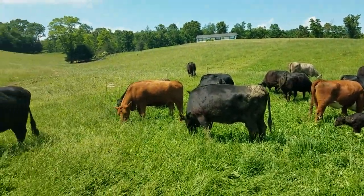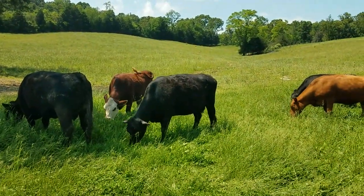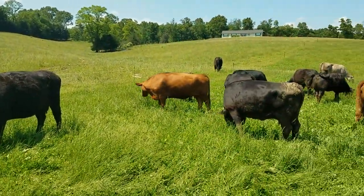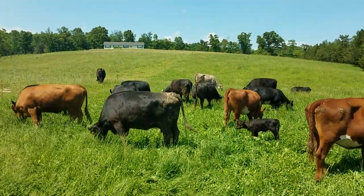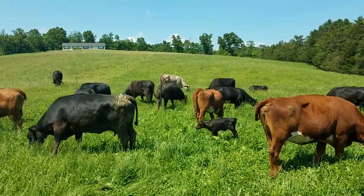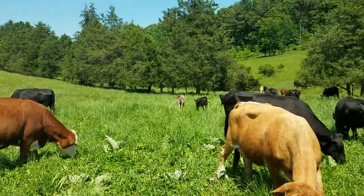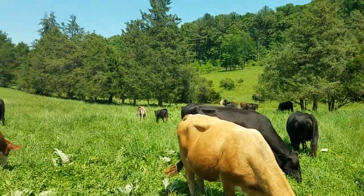When these are hanging in the cooler and when you are putting them on the grill or in the crock pot or in the oven, management ends up being a much bigger component of good tasting beef than breed. I've become pretty convinced of that. So anyway,